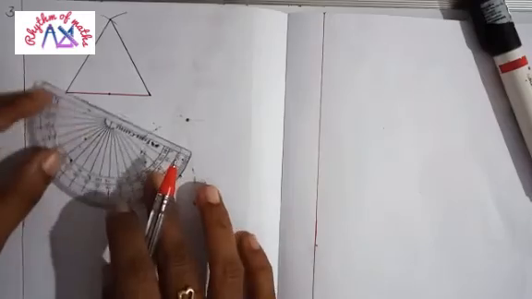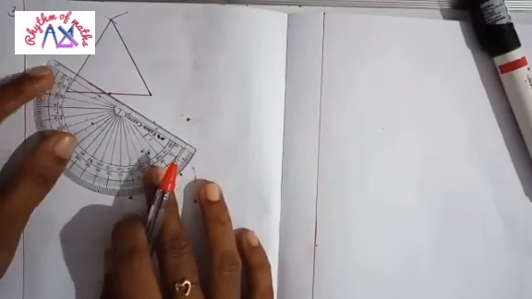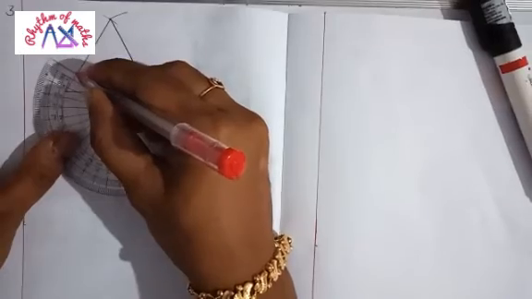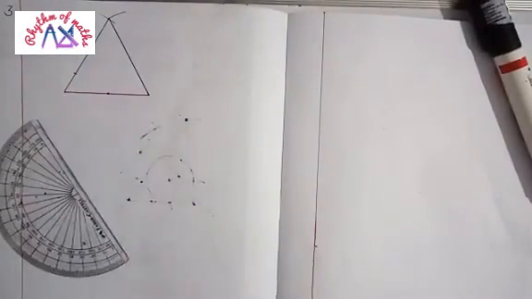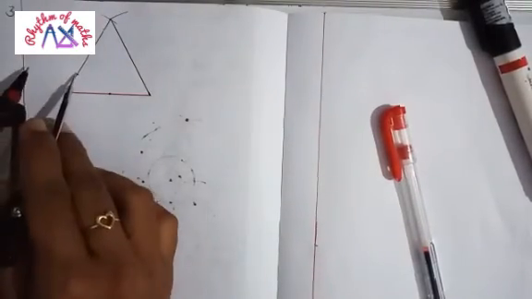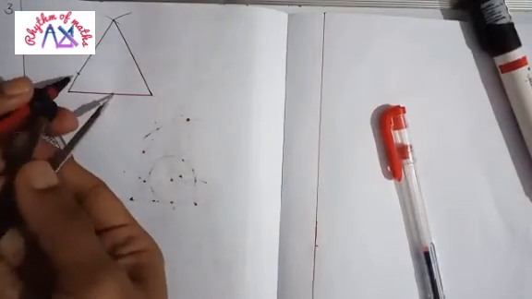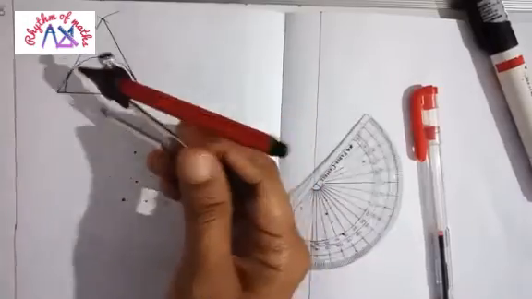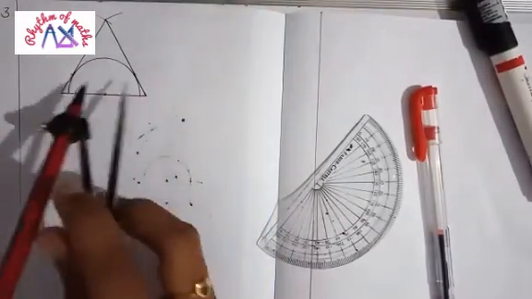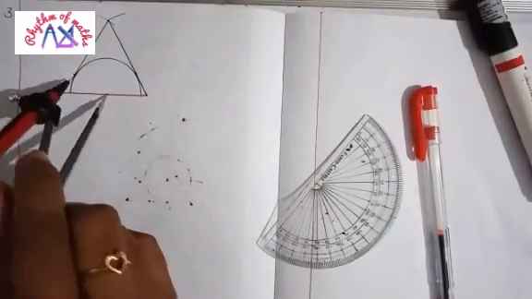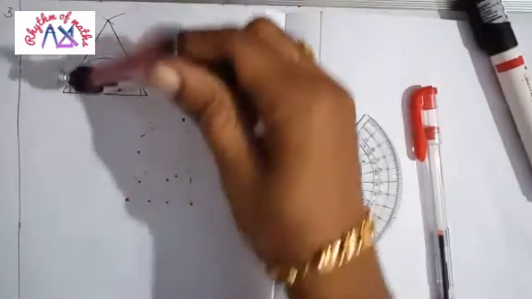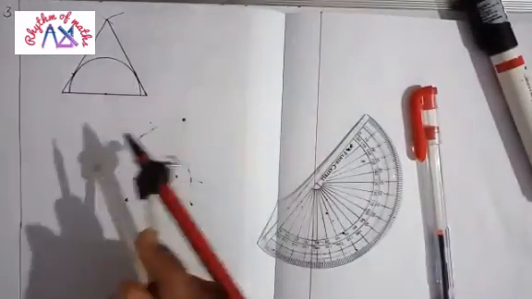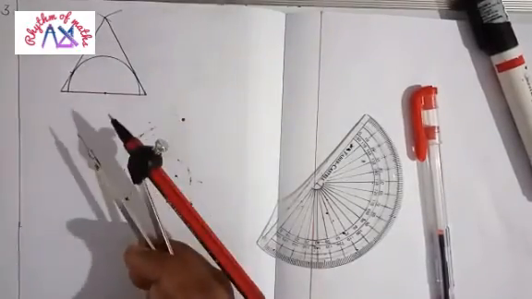Now remove the protractor and join those two points. Like this you can join. We need only this point. First point is this one. That means from this point to this point is the radius. Now you can use the compass. Take the compass and measure from this point to this point. Then by using that as radius, you can draw the semicircle like this. Keep the pinpoint at the center point and draw a semicircle. So this is the figure for an equilateral triangle.